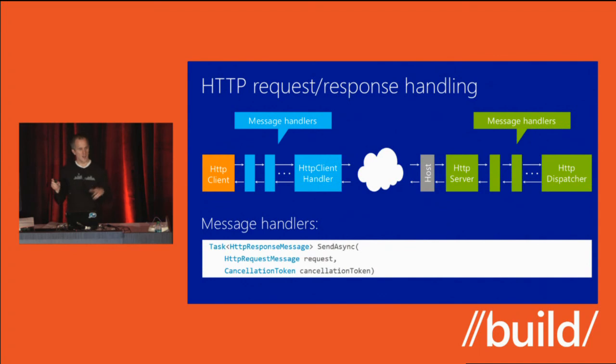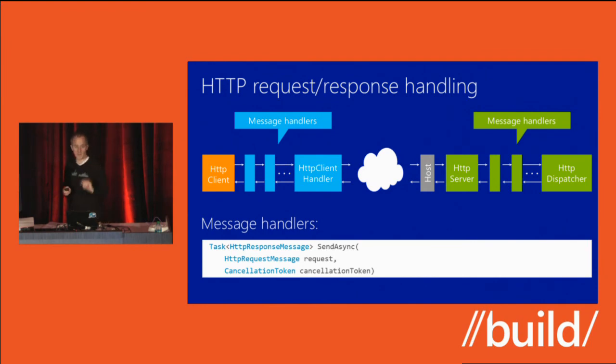For hosting, Web API has a full HTTP pipeline. This is the symmetric client and service pipeline that I mentioned before. On the client, you have HttpClient, and the request and response messages, HttpRequestMessage and HttpResponseMessage. And then there's a pipeline of message handlers. The message handlers are just a simple abstraction where you send the request and you return a task of HttpResponseMessage. And the whole pipeline is just built on a chain of these message handlers.